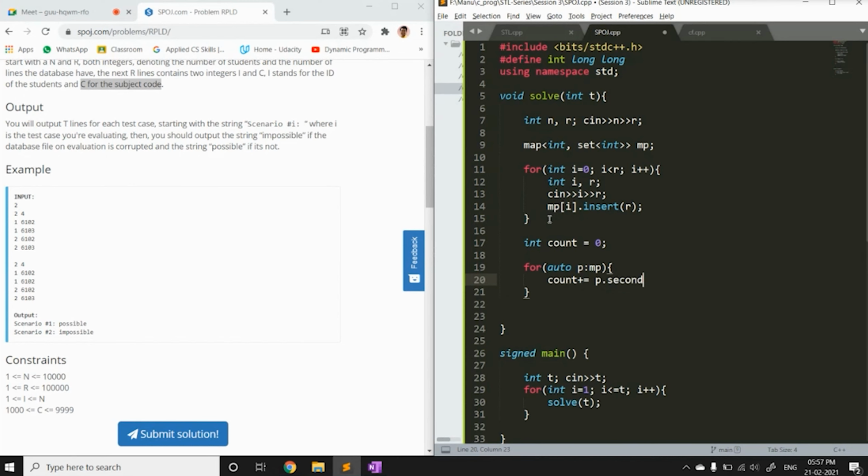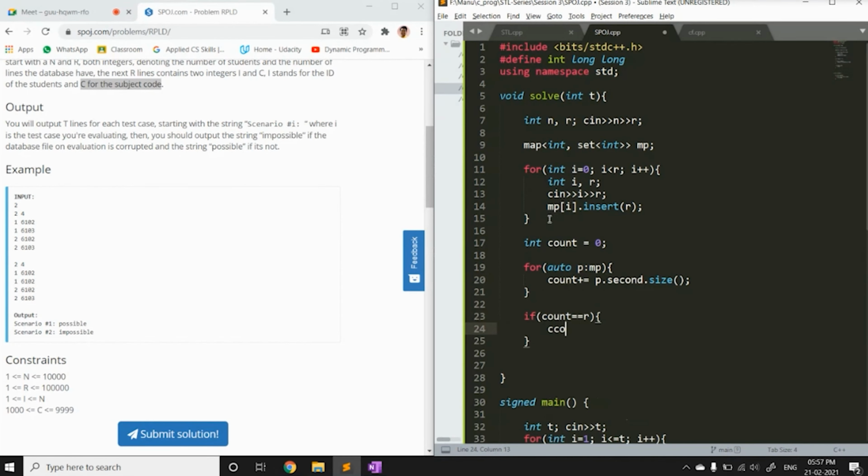So p dot second means a set, and in order to access the size of this particular set, I will use the size function. Okay, and now if count is equal to R, I know that this particular case is possible. Otherwise, it's not possible.